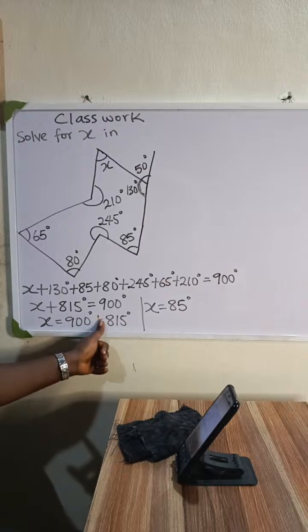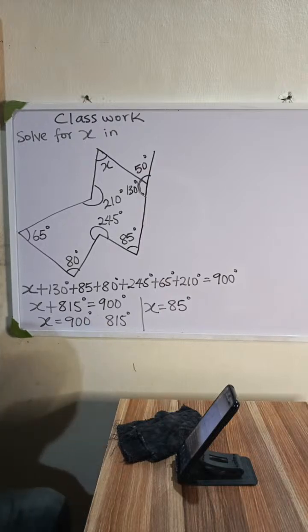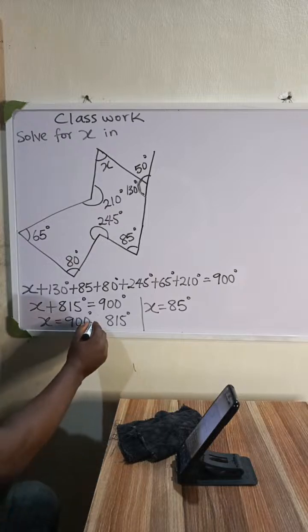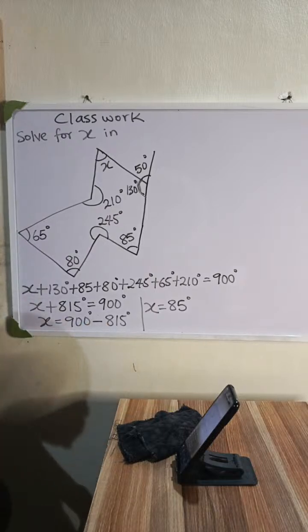Subtraction sign, thank you. So we looked at concave polygons and we've seen what concave polygons are, and then we have solved questions on it. Okay, so that brings us to the end of today's class